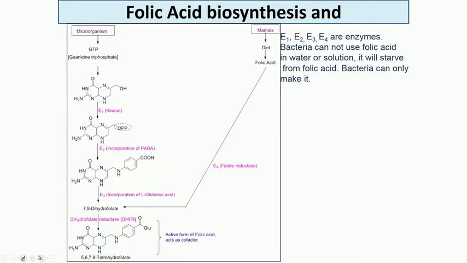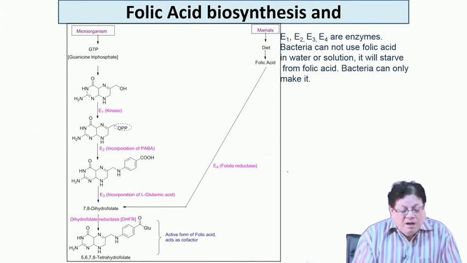So, bacteria can biosynthesize their own folic acid requirement. On the other hand, we as humans cannot do that. So, we take the folic acid from the diet, and the biosynthesis of folic acid in case of